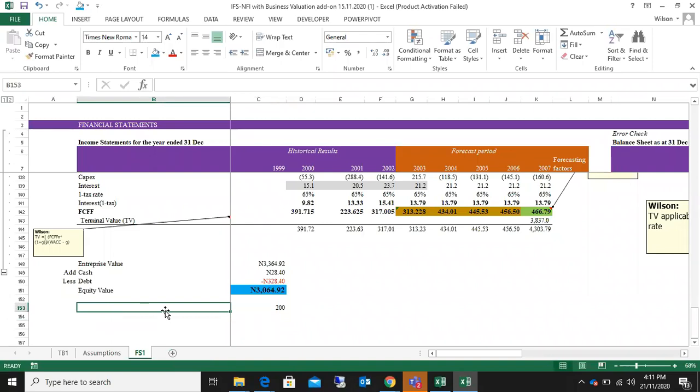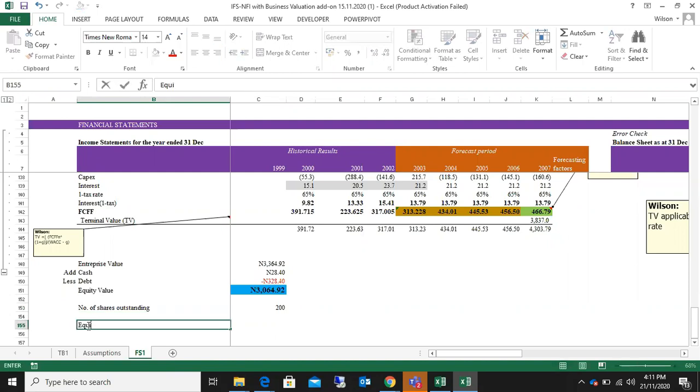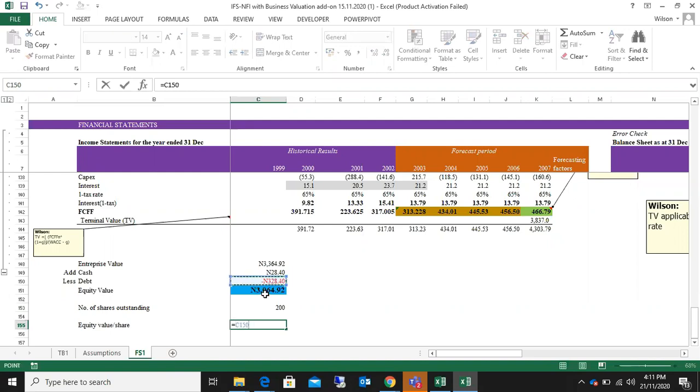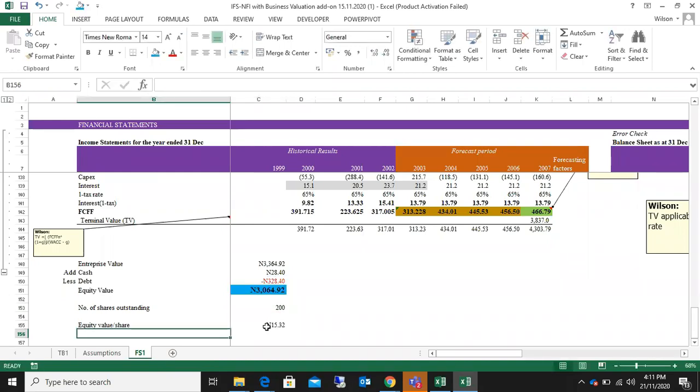So if we assume that this is numbers of shares outstanding, then equity value per share is going to be the enterprise value divided by the numbers of shares outstanding. So 15.32 is equity value per share, or you can call it